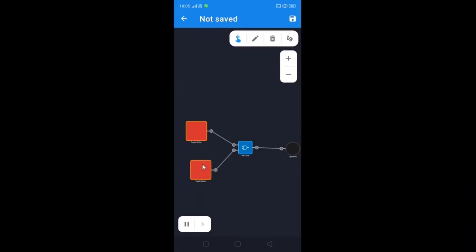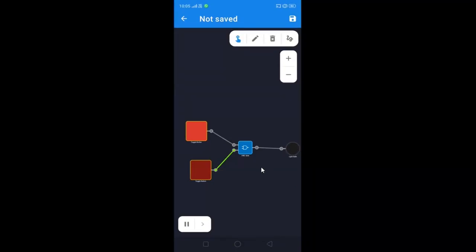So in order to make this toggle button 1, I should click on this toggle button. So see, I have clicked. So see here, the color has been changed. So this color indicates what is the state of this particular toggle button? It is 1. So what are the inputs to this AND gate? 0 and 1. What is the output? 0. So that's why this particular bulb is in off condition.